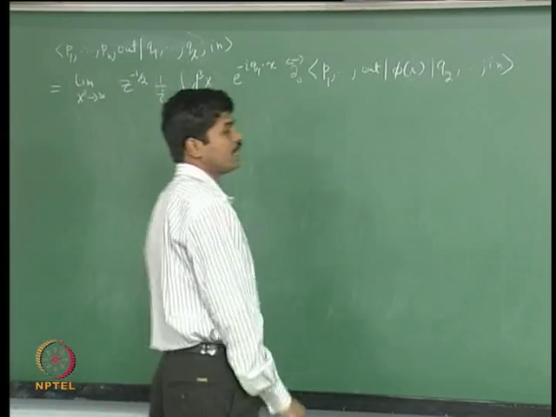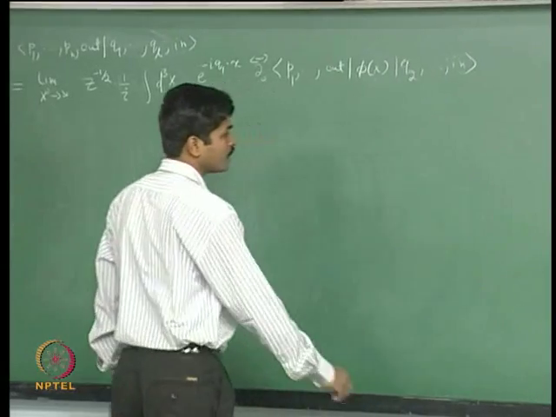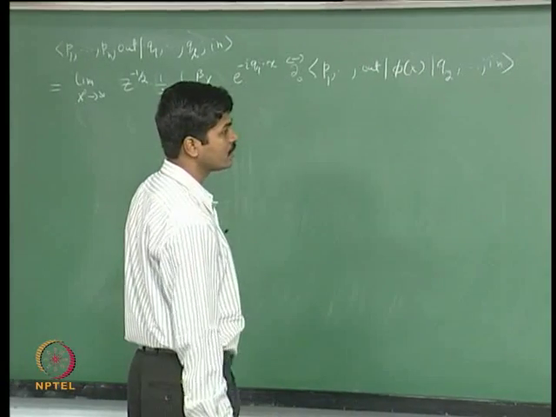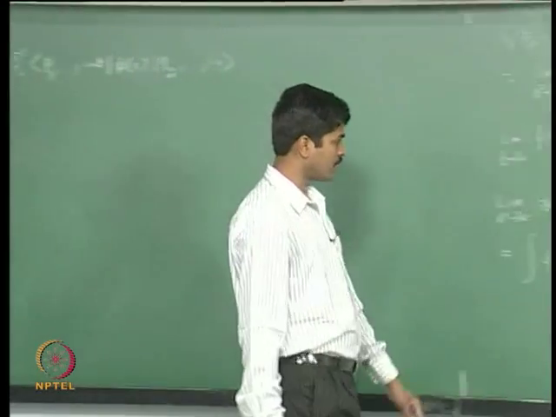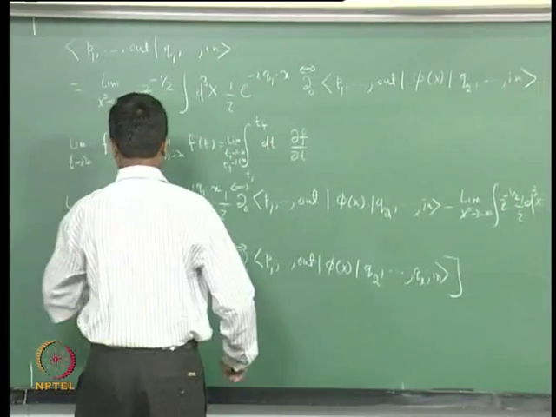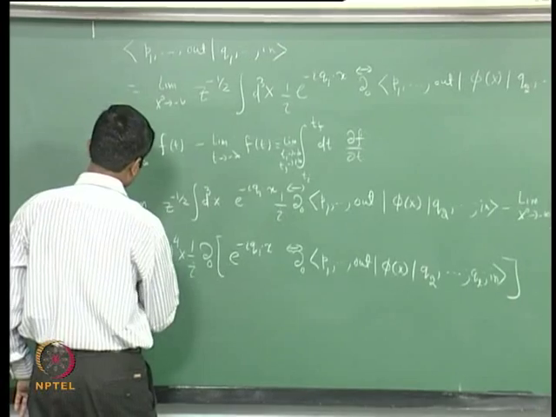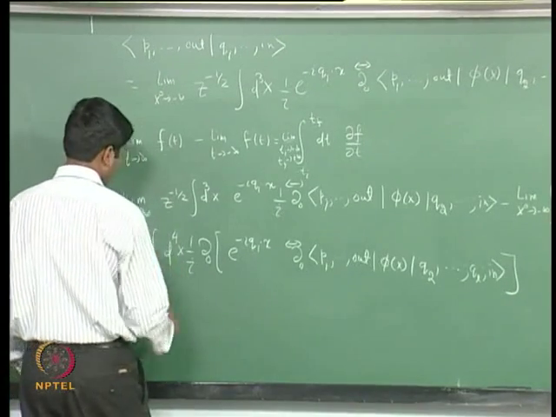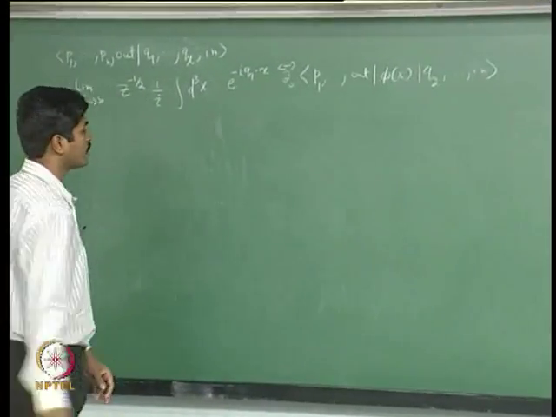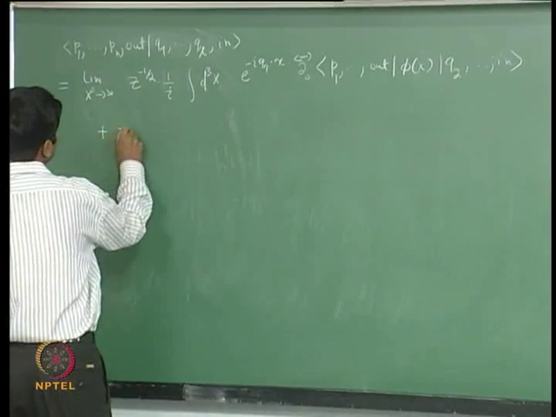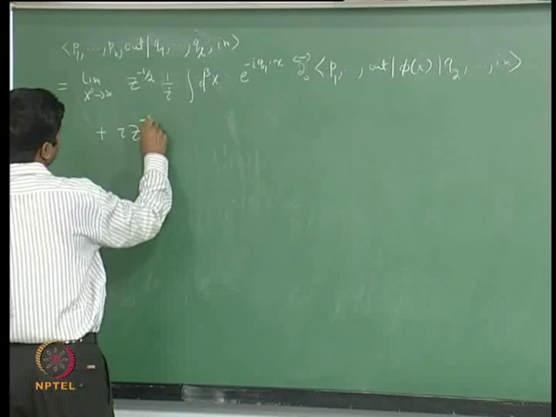So minus and 1 over i will make me plus i, and also there is a z to the power minus half. So what I will get here is this plus i z to the power minus half